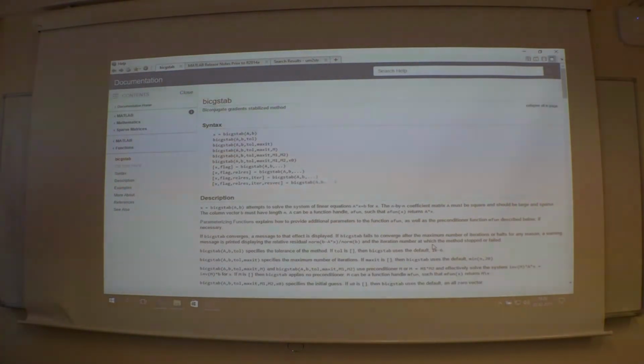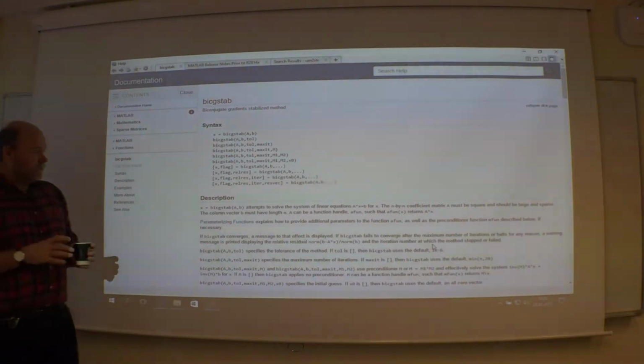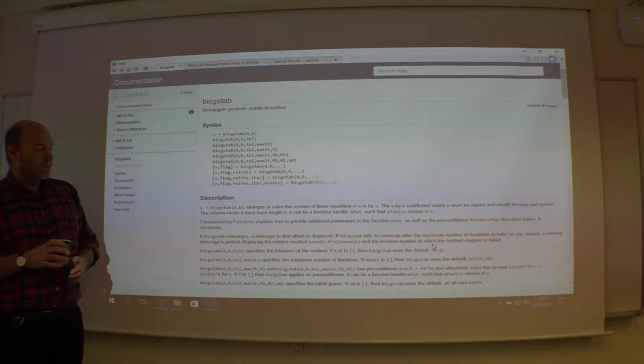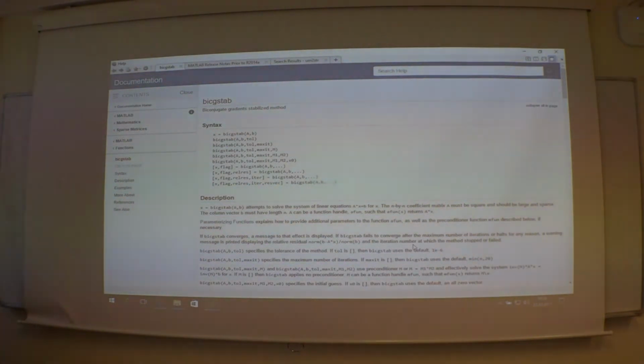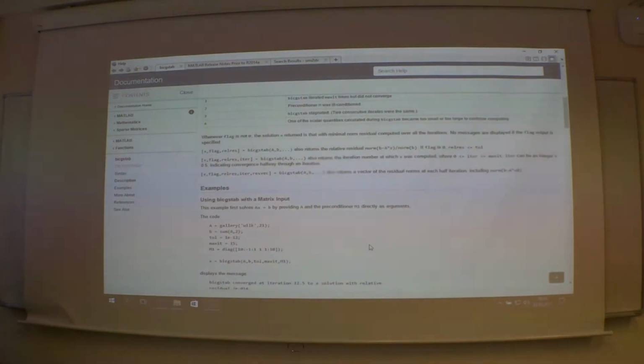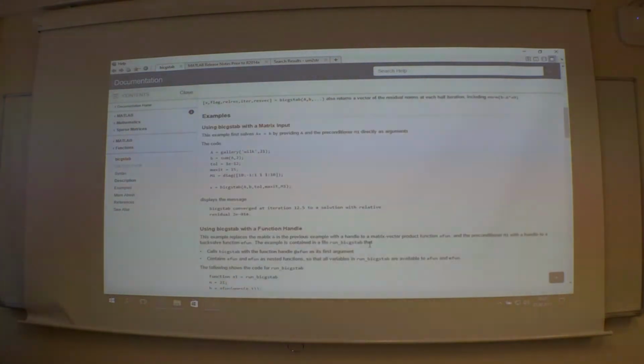You find the descriptions in MATLAB, and not only this BCG stub, you have several of these. So here you can read a lot about how it's done. Jump down to examples, how to use it,